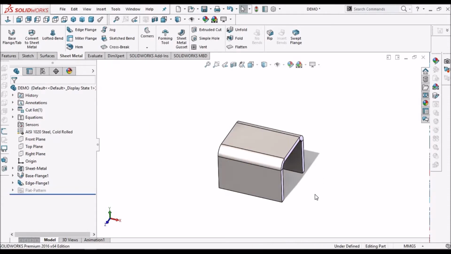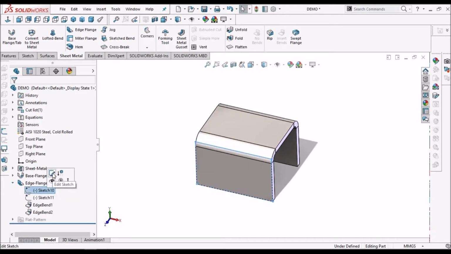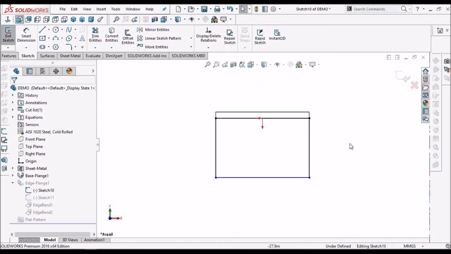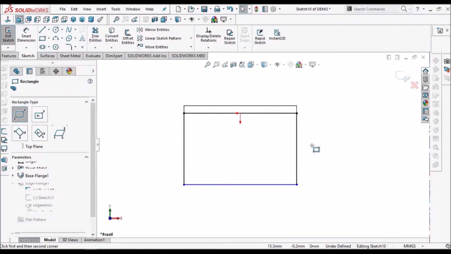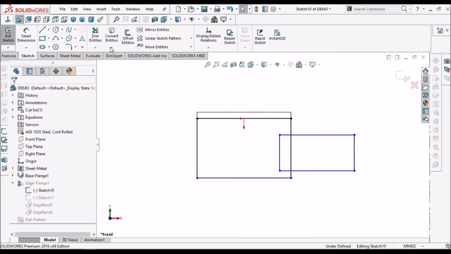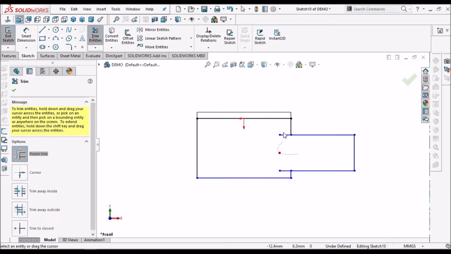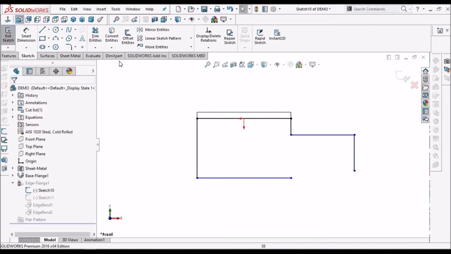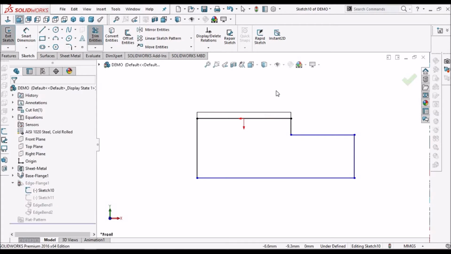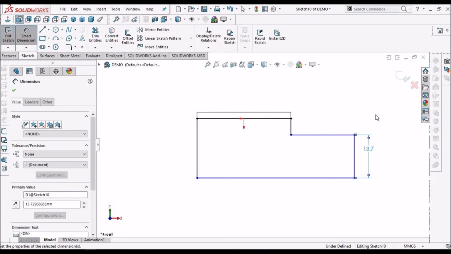Now we have to modify the sketch. Go to power trim, it's 20.